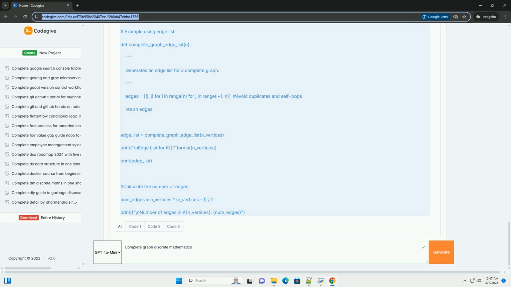Code examples, Python with NetworkX and Matplotlib. Here's how you can create and visualize complete graphs using Python with the NetworkX and Matplotlib libraries. First, make sure you have these libraries installed. Here's the Python code. Explanation of the code: